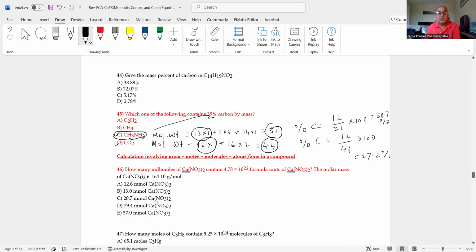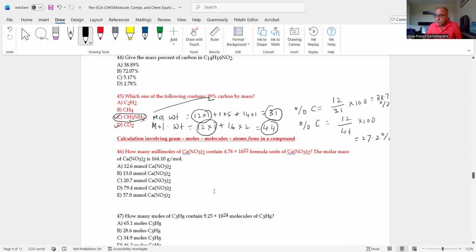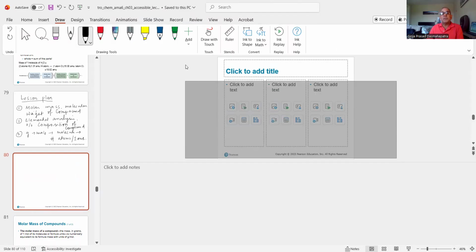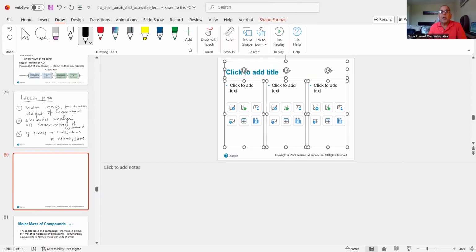The last part, now we know molar mass and we know what is 1 mole in case of a compound, and then we will try to convert gram to mole, moles to molecules, to the atoms or ions. So it needs a little more discussion, and I will try to explain this in comparison to whatever we learned in case of elements. Let's look at it. So we will learn how to convert